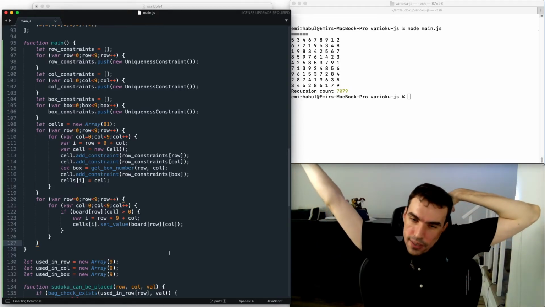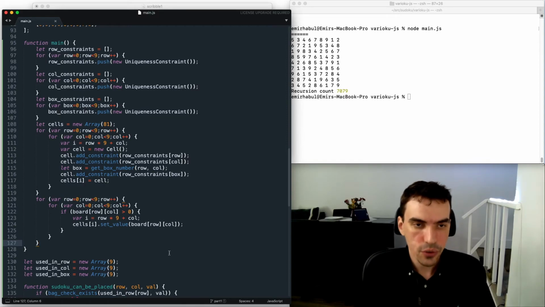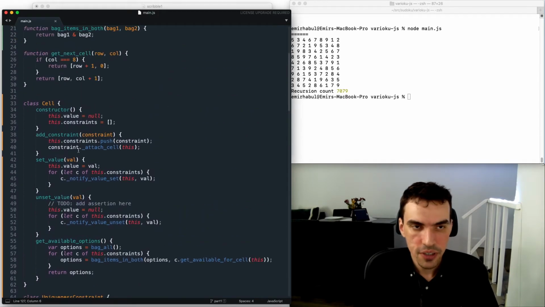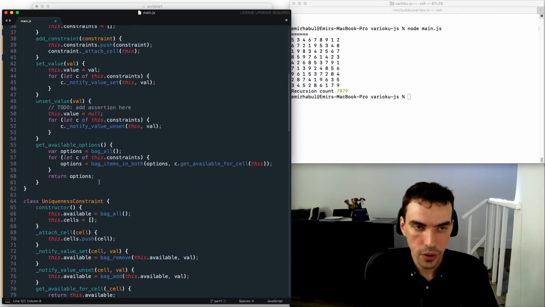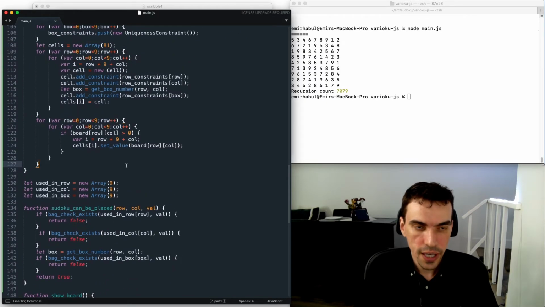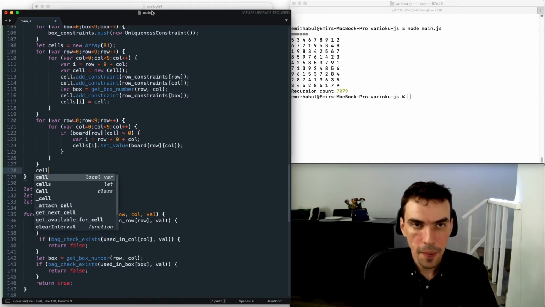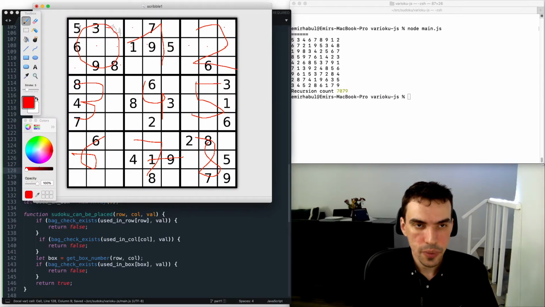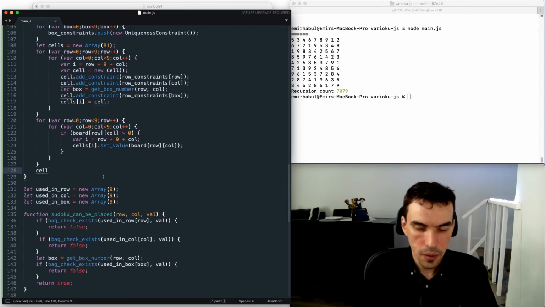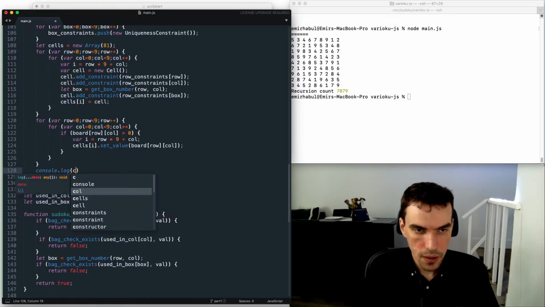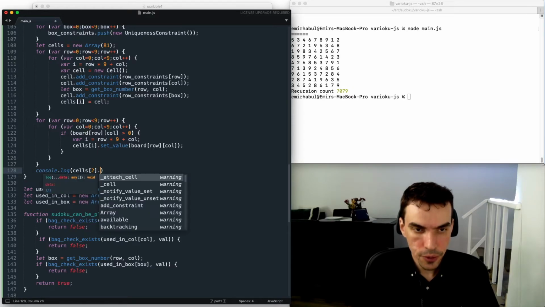Now rather than rushing into the solution, I kind of want to test what I've done so far, whether it is working or not. So I'm going to say cell in my board, it should be 0, 1, 2. I want to see what the options are for this one. Ideally, it should be 1, 2, 4. But let us see. Console.log cells of 2 get